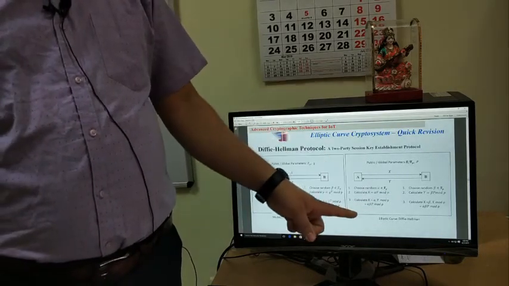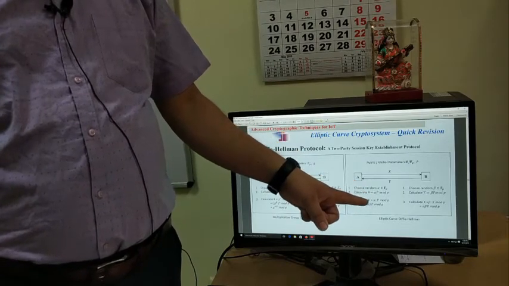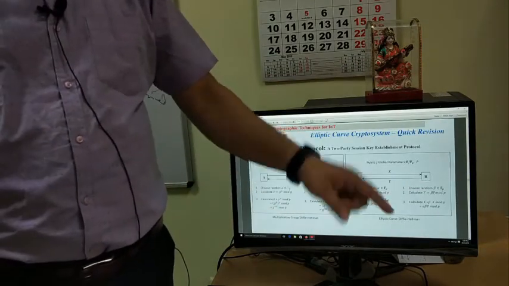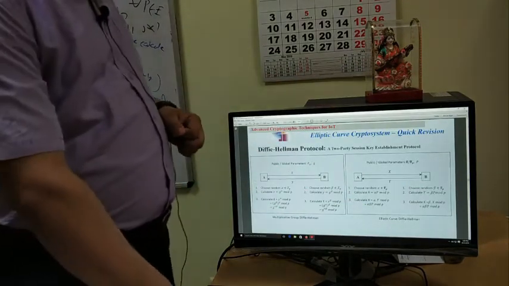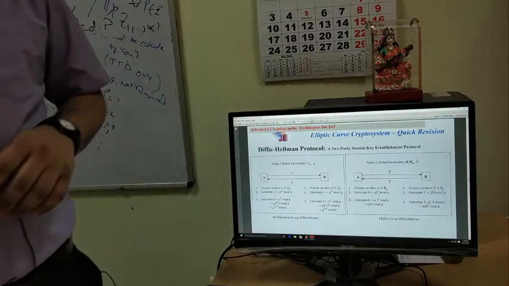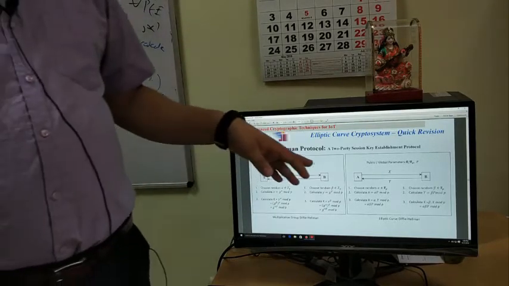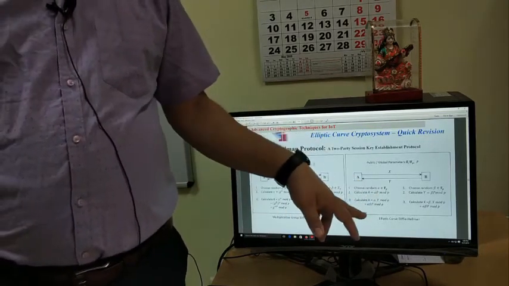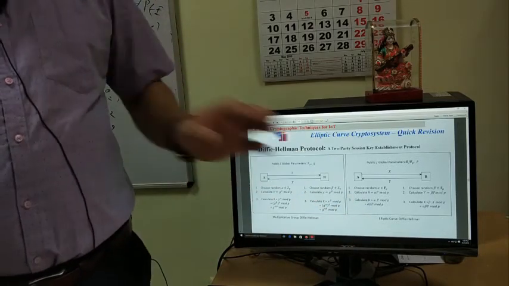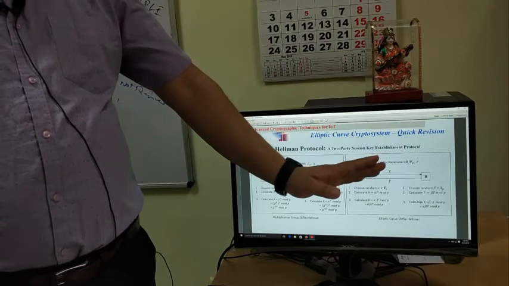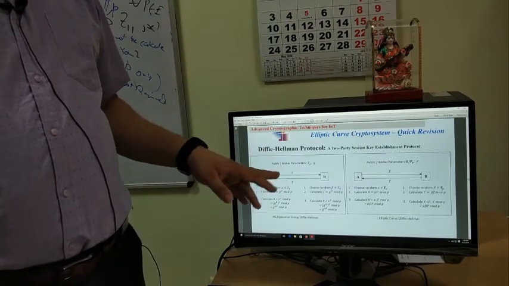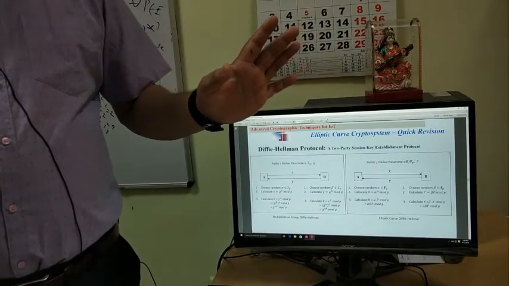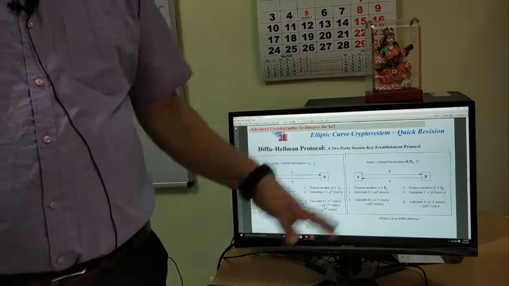Now the elliptic curve version is like this. A chooses alpha and sends alpha into P, and B sends beta into P. So the shared secret key here is alpha beta P. Now this is the Diffie-Hellman protocol. What is the purpose of the protocol? To establish a shared secret key between A and B. What is the shared secret key here? g to the power alpha beta. What is the shared secret key here? Alpha beta P. Everything is mod p, which I am not mentioning. What is being sent openly here? g power alpha and g power beta. What is being sent openly here? Alpha P or beta P. What do you have to calculate here? g power alpha beta. What do you have to calculate here? Alpha beta P.